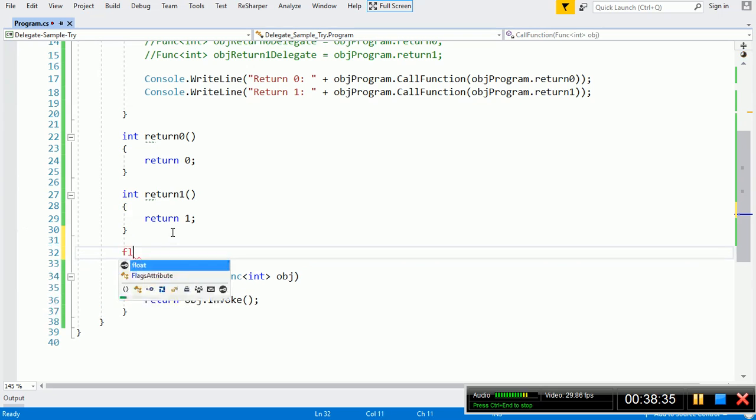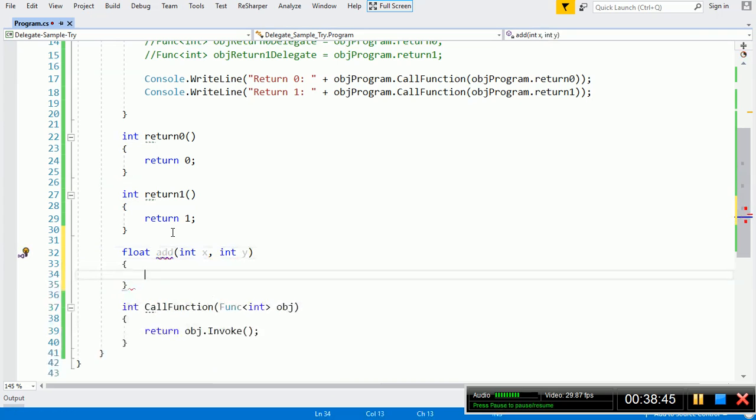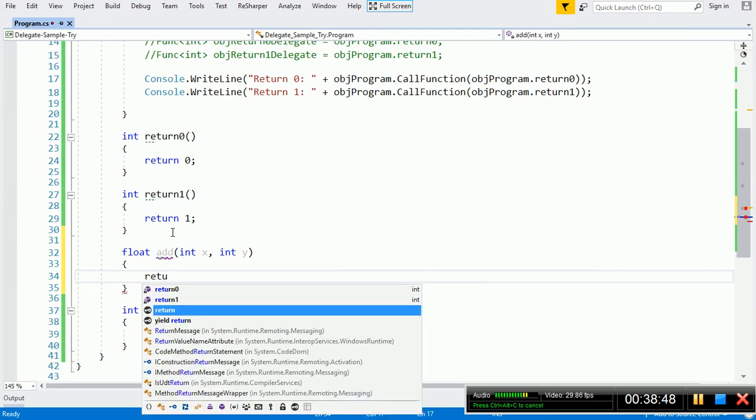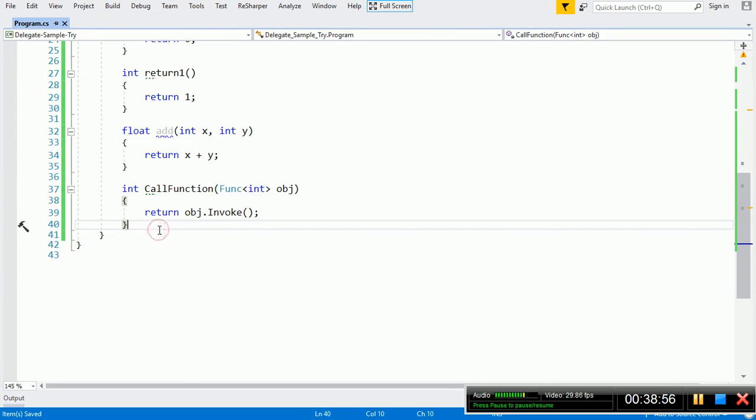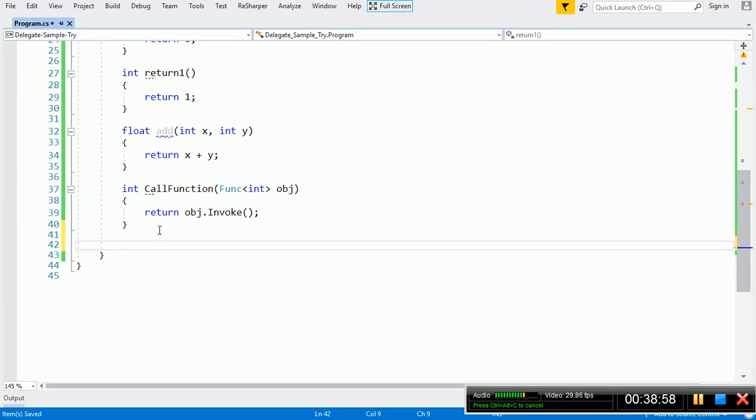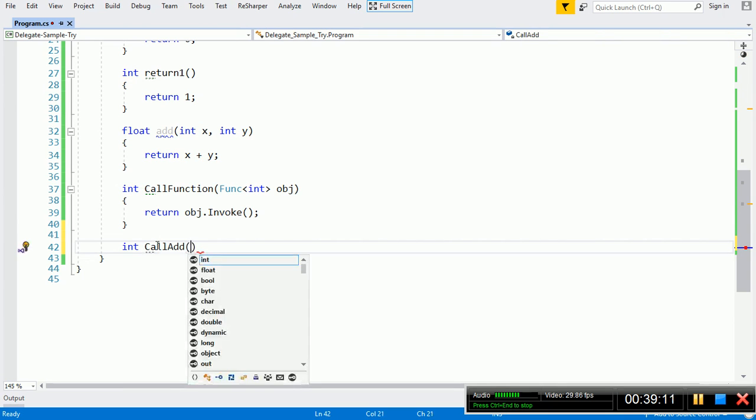Now we will write another function which will return float. For example, it is a function which will perform add, so it accepts 2 integers, and then it will add the two arguments and return the result of x plus y as float. I will create another function which accepts a func delegate of this add function, with this signature. For that, int call add.